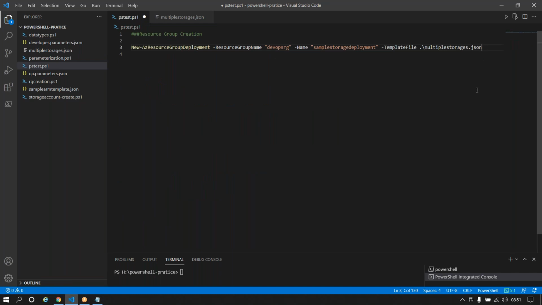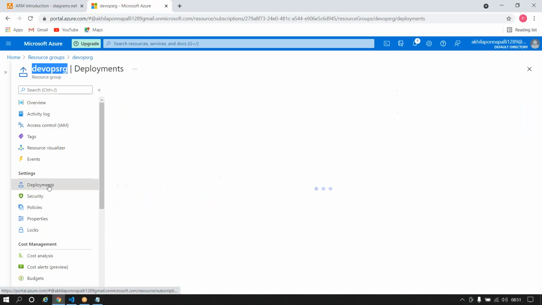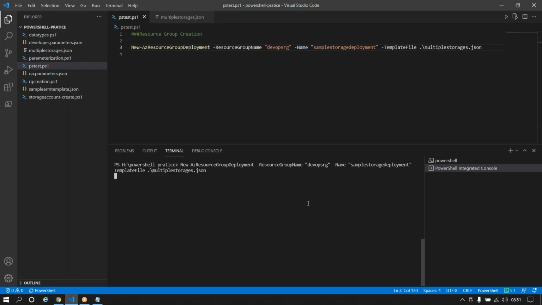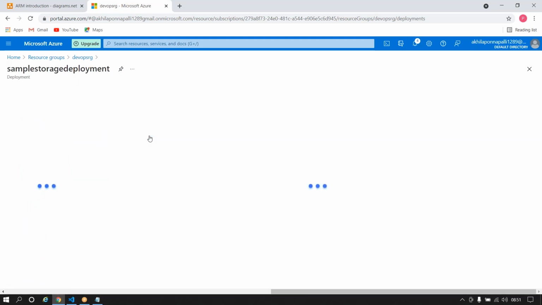Template now is like what? Multiple RGs dot storage account, which is good. Multiple storages dot JSON. So I'll say, okay, fine, execute this out. Now, as and when I execute it, if you look at the resource group out here, if you give it a couple of minutes, you will have the deployment that is coming from my local machine. And if you look at this particular deployment out here,